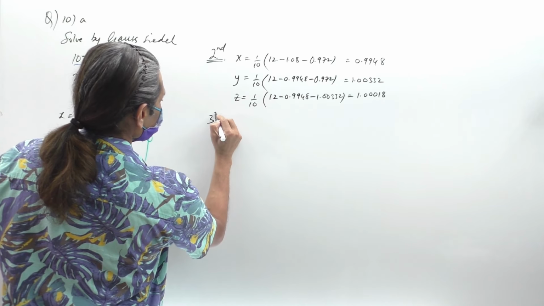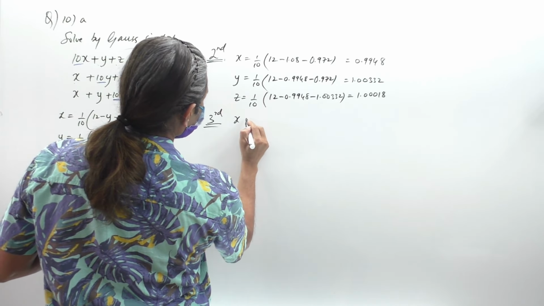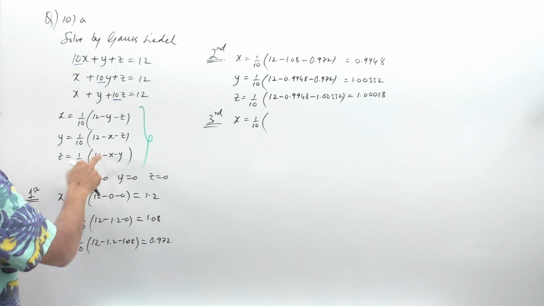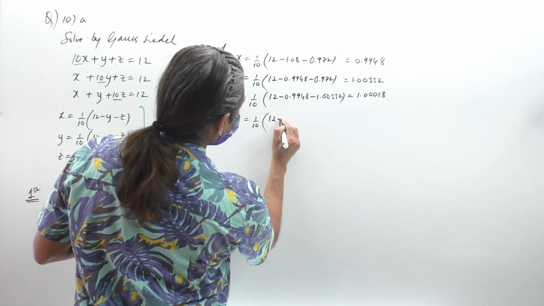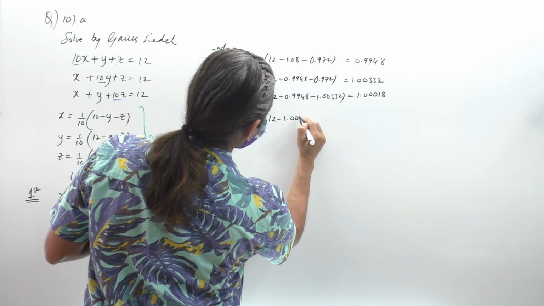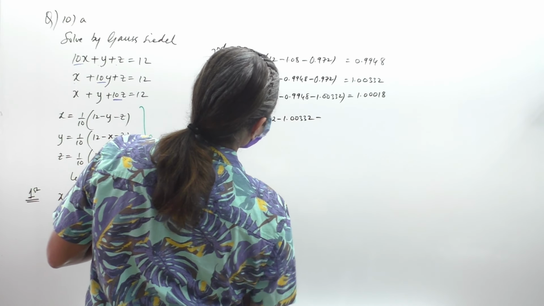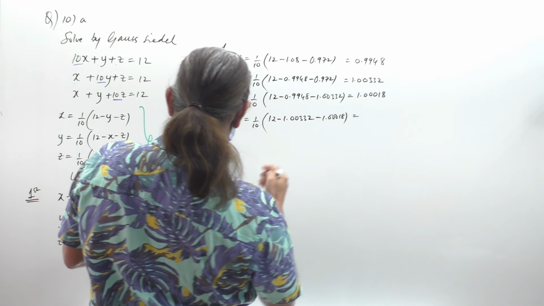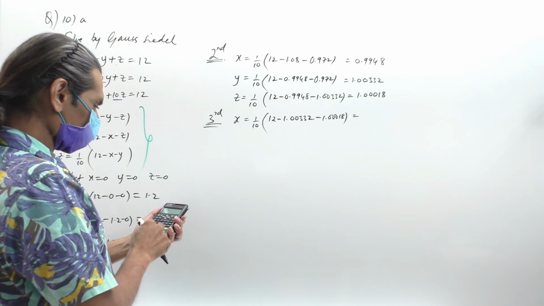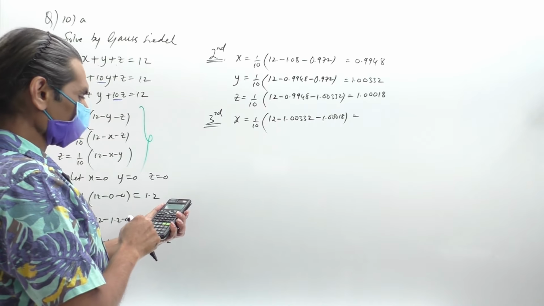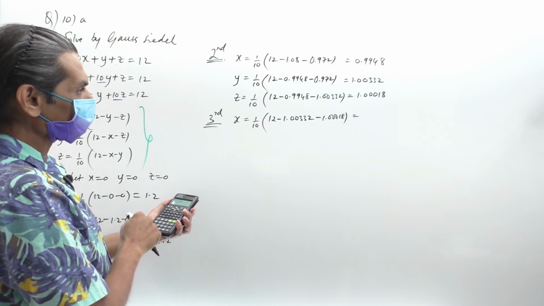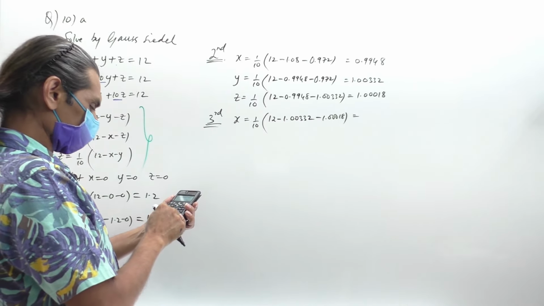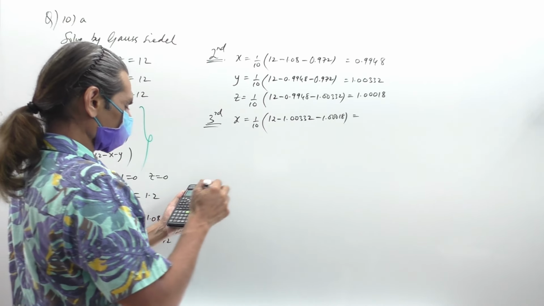Then the third iteration. The third one is x is equal to 1 by 10, again 12 minus y minus z. So 12 minus, what is new y? 1.002 minus z, which is 0.00018. So that will be now 12 minus 1.00332, divided by 10, is equal to